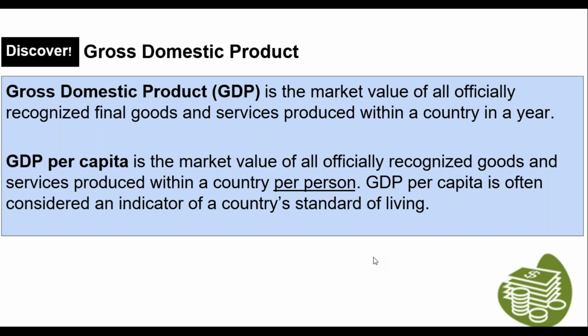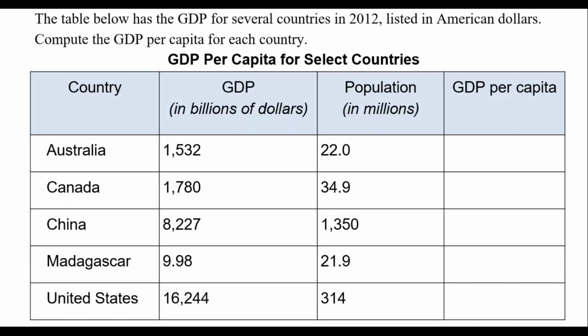So if you have a GDP per capita that's very high, you have a much higher standard of living than somebody who would have a lower number. So let's take a look at something like that. All right, so here we have a few different countries throughout the world: Australia, Canada, China, Madagascar, and the United